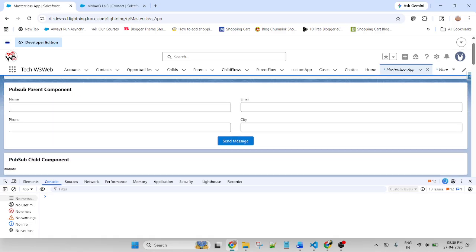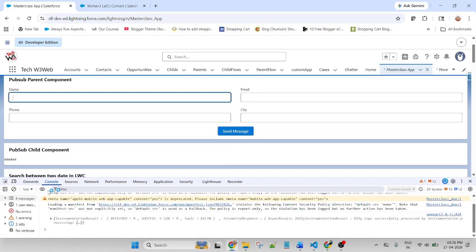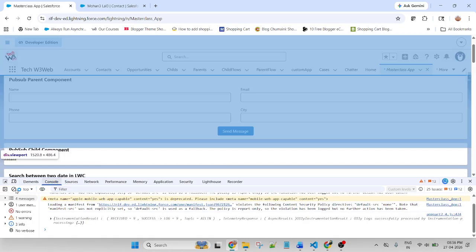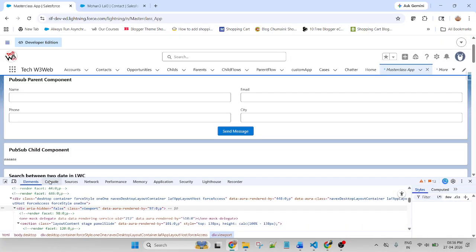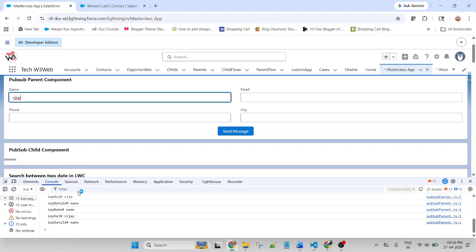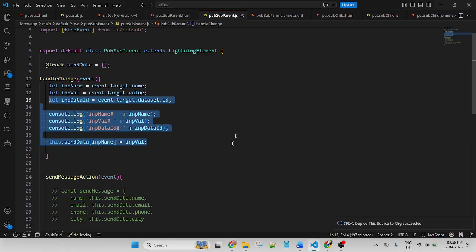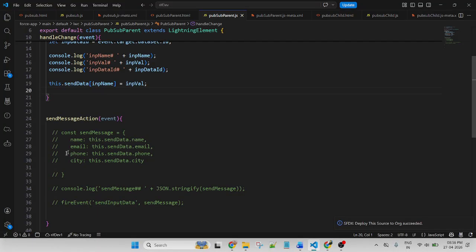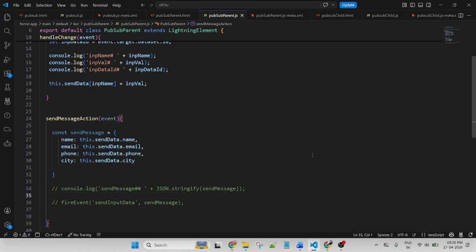Okay. No, it's working fine. After that, this is my object that I am passing inside the event.